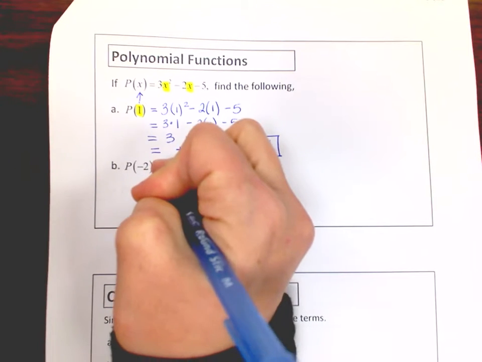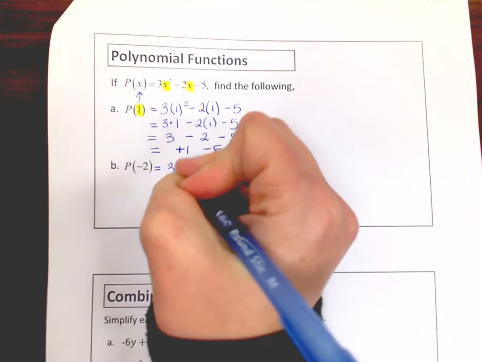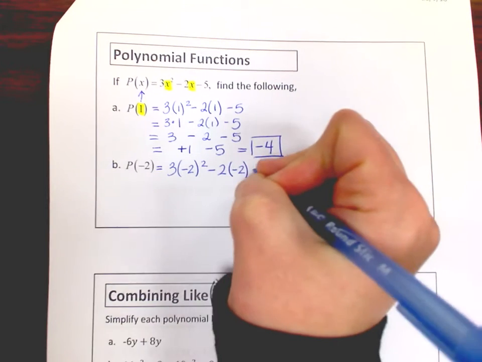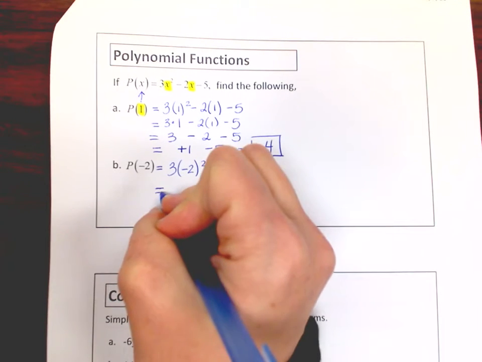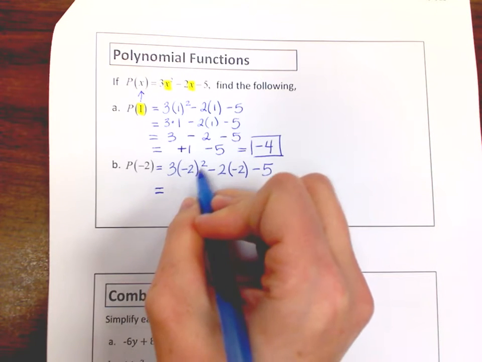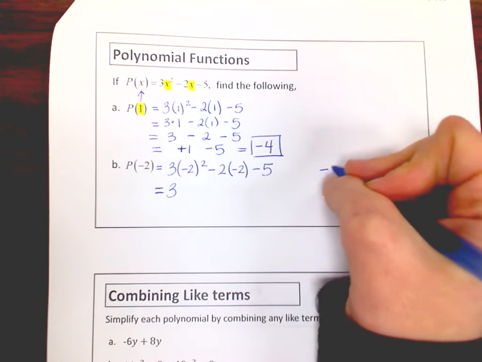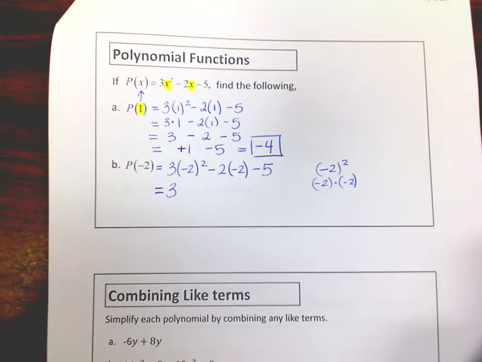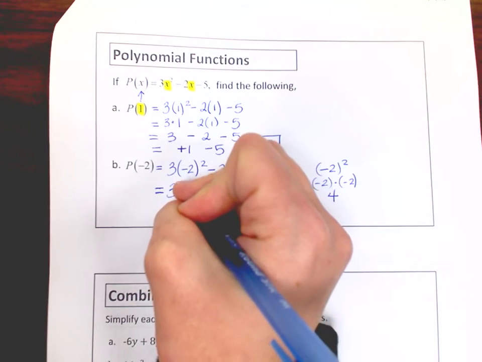All right, let's try out the next one. We're going to be replacing the x value with a negative 2. So let's do 3 times negative 2 squared minus 2 times negative 2 minus 5. Okay, working left to right, we're going to look across and see what we have. We have some multiplication going on. We have some exponents. So we're going to go to those exponents first. And remember, negative 2 squared means negative 2 times negative 2. Okay, so that's negative 2 times negative 2, which is positive 4. So this actually becomes 3 times 4